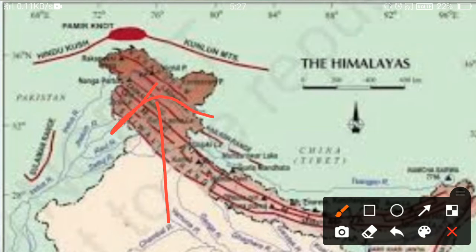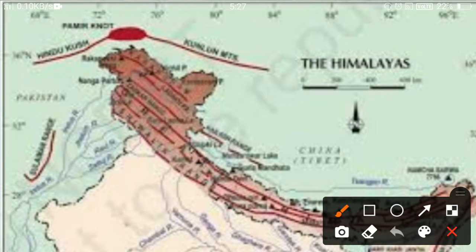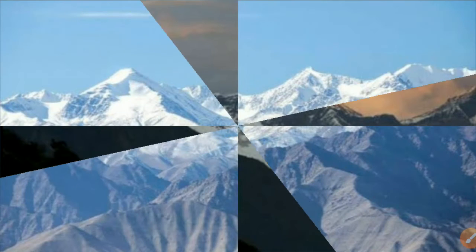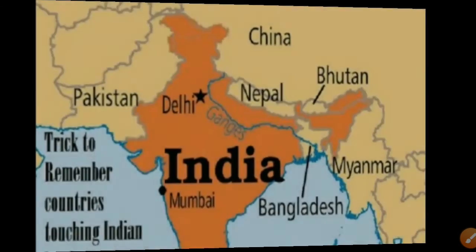The northern part of our India is protected by high mountain ranges. This is the north part of our India, upside, as I told you, always you have to see north upside. The northern part of our India has the Himalayan ranges, or the mountain ranges we can say. The big Himalaya protects us from our enemies. The Himalayan ranges look like this and like this.